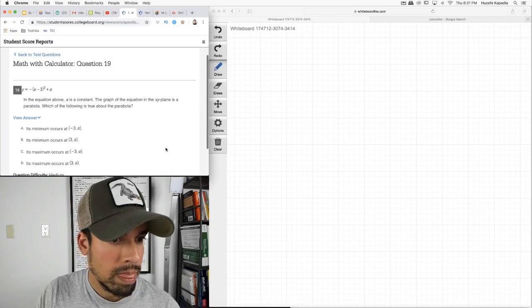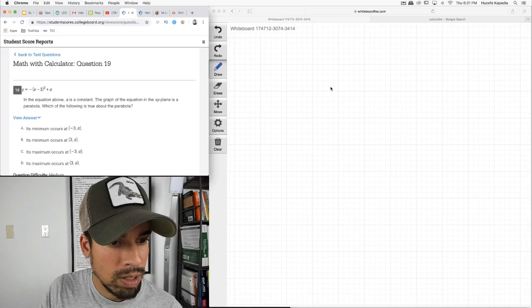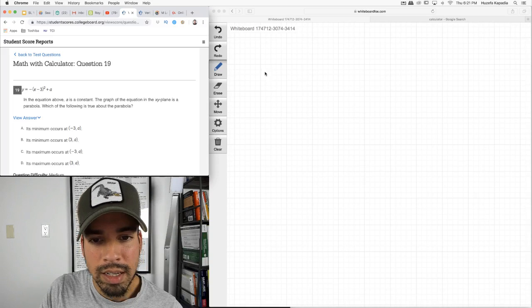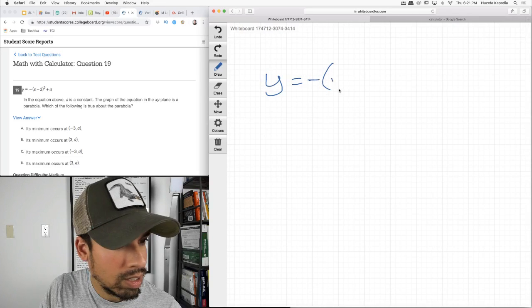We'll knock out two more. In the parabola above, the equation A is constant. The graph of the equation is a parabola. What's true? All right. This is in vertex form. Now, the important things to recognize are this. First of all,